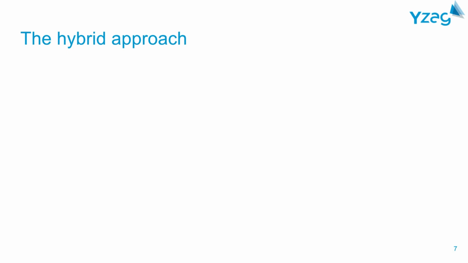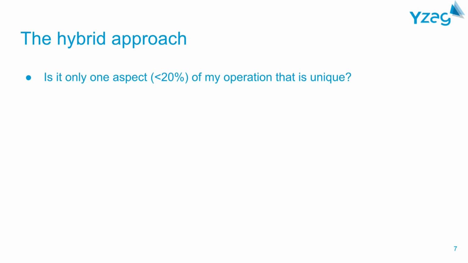Now we're going to talk about something that's a little bit different. There is a hybrid approach. So it doesn't have to be one way or another necessarily. A case can be made, and there are certain scenarios, probably not as often as one would think, where you can combine the two. So let's explore that. Let's ask ourselves one important question. If we came to the conclusion that a part of my unique operation is my value proposition, and therefore I need something that works well with that value proposition,